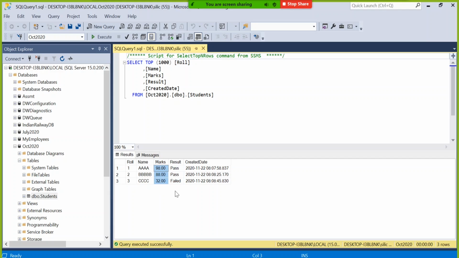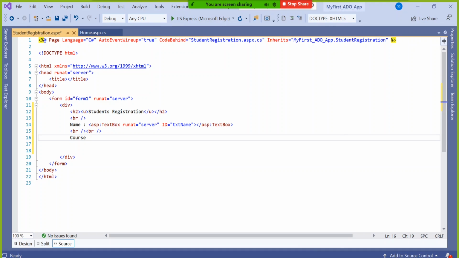Marks will take one text box. Name will take one text box. Anyway, roll number we are not sending, right? Roll number is auto incremented. So one text box for name, one text box for marks, one drop down for result. Let's take that much at a time, not necessary to think everything. So name, marks,